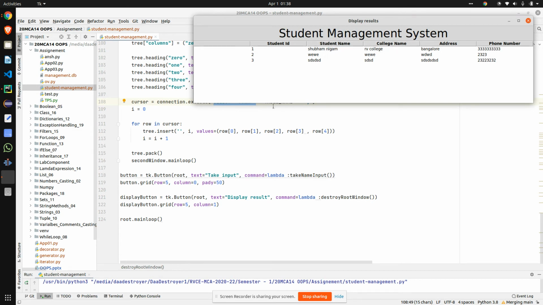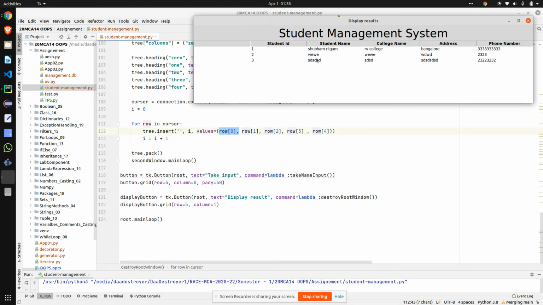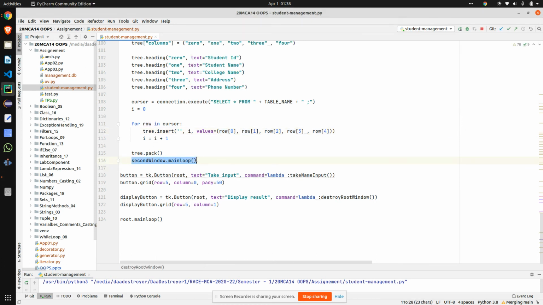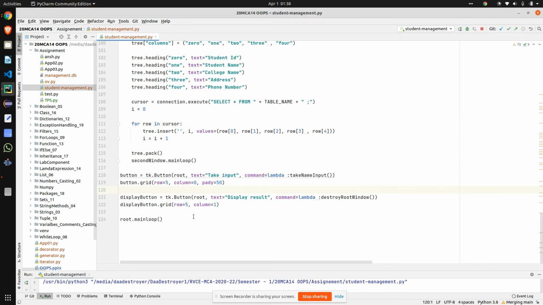What this is doing is that at every row it is giving us the values that we have entered into those variables: student ID is row 0, student name is row 1, college name is row 2, similarly address is row 3 and phone number is row 4. Now this is the second window main loop which is being run, so that is the execution of the program. We'll do the final execution of the program.